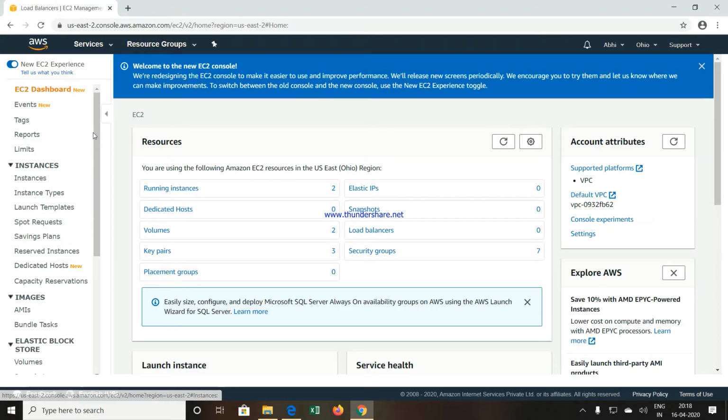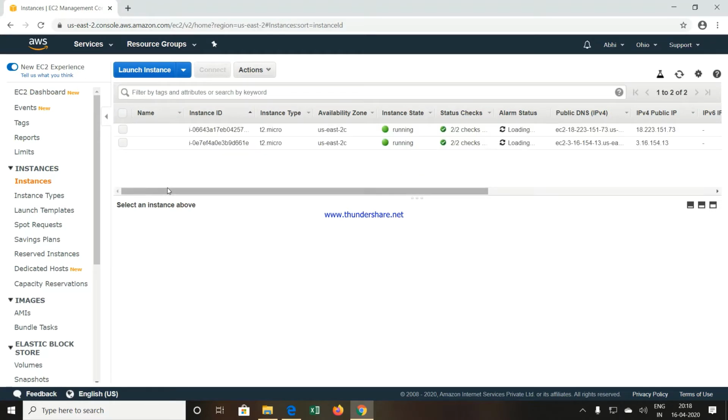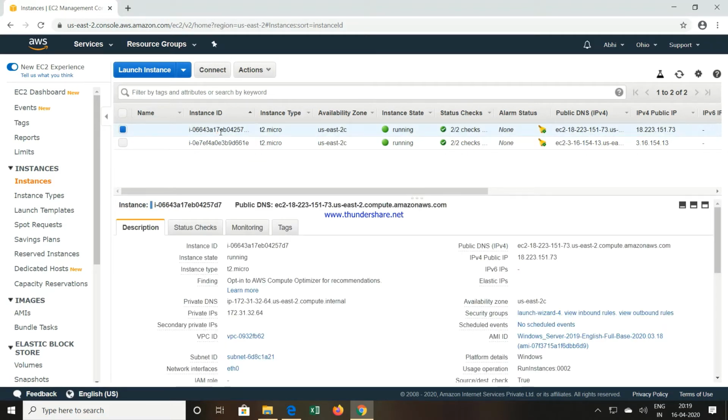So what I've done, I've created 2 instances of Windows Server operating system. Both the Windows Server operating systems have a web server installed inside them. In one of my videos, you should have seen how to configure the IIS role, that is the web server role, from a Windows Server operating system. Once you configure that web server, then we know how to check the web page or the web server, whether it is working or not. So you should know the IP address of that particular machine or the web server.